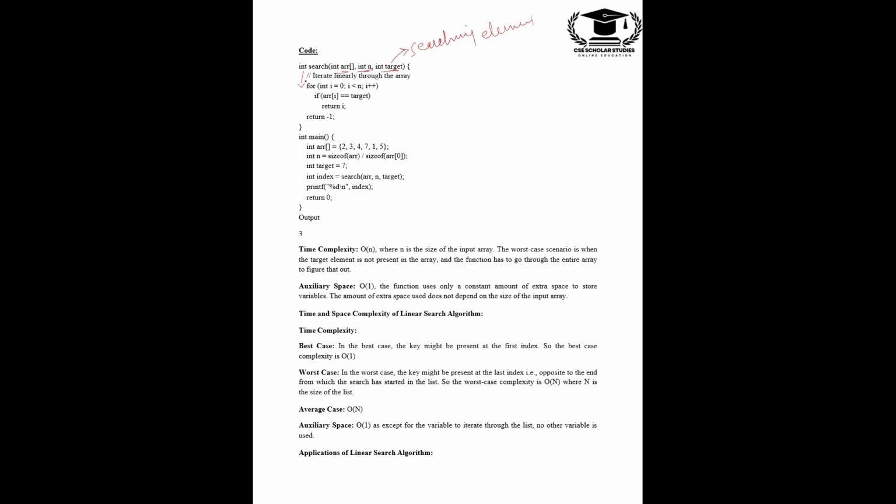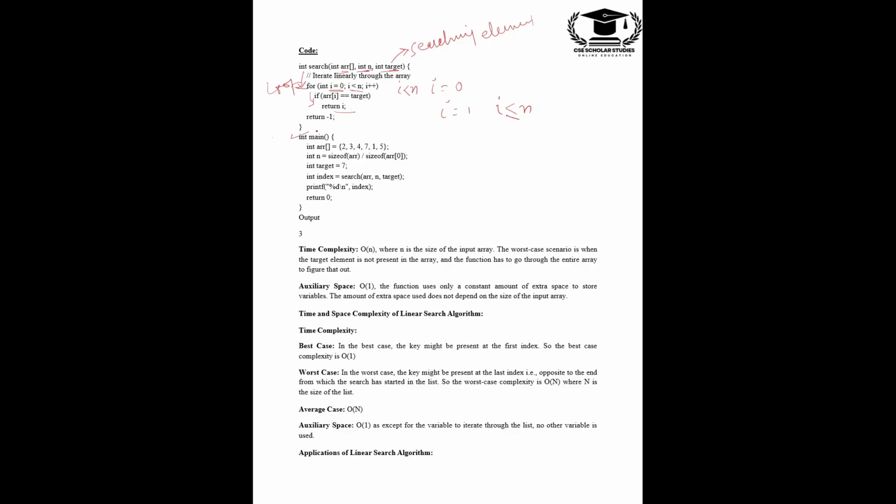We enter this function and start the loop for int i is equal to 0. When we start the index from 0, i is less than n, and i plus plus. Already told about i less than n in case of i equal to 0. If we initialize i equal to 1, then i goes up to less than or equal to n. Then enter this loop. If array[i] is equal to target, means the target will be found at array index i, then return the index value of this, otherwise return -1.